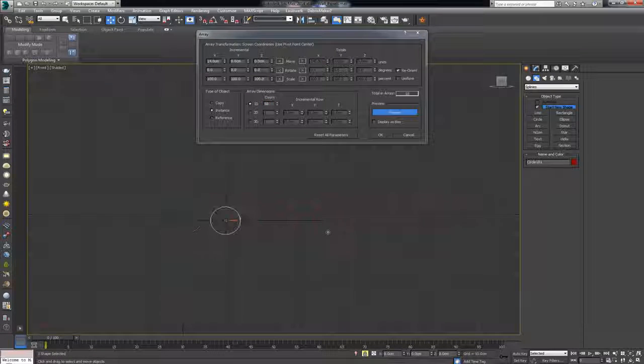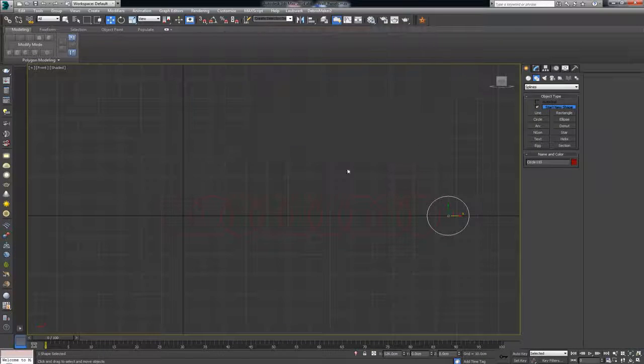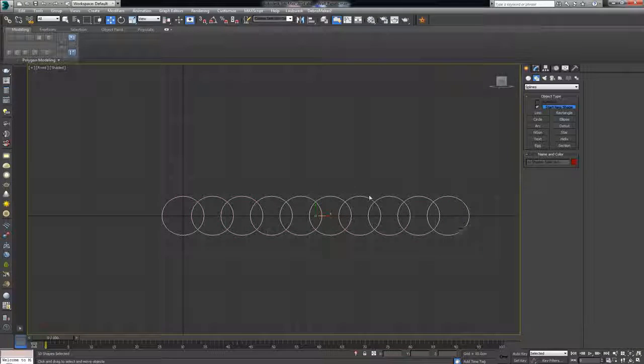Preview. Awesome. Make sure you leave it at an instance. So whatever we do to the first one, it's going to translate to the second one, or the copies from this one. So click OK. Now select all of these